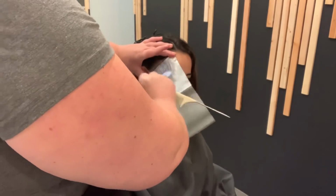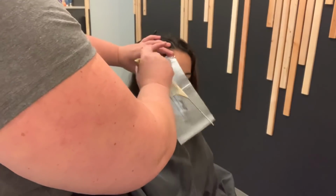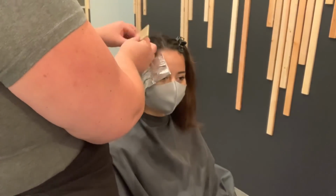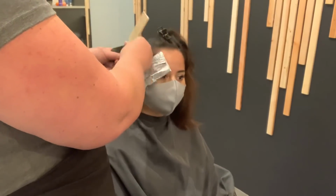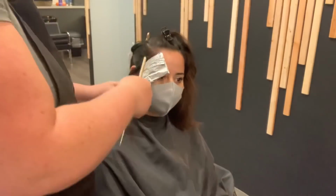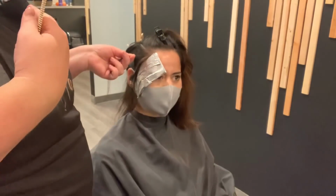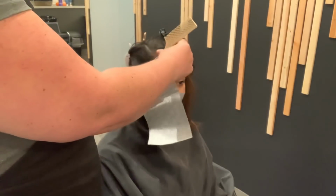So to start her service, we're going to do her foils around the hairline. And I want you to pay attention after I finish this whole front hairline section. All that bleach that we just mixed was used in this front part of her hairline, this first part of the service. So this is why I say don't over mix your bleach to where you have a huge bowl, because I try to remix my bowls every 45 minutes or so. I don't like to keep it any longer than that because I want the bleach to stay nice and fresh